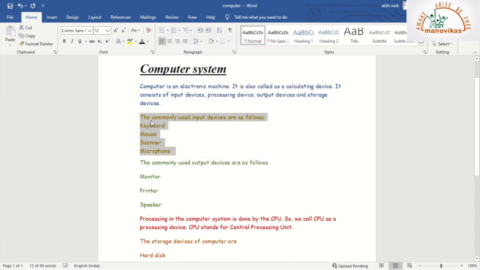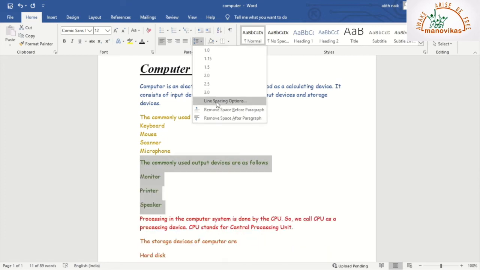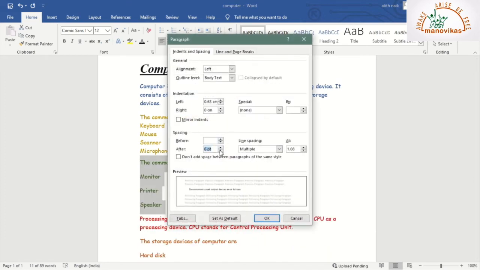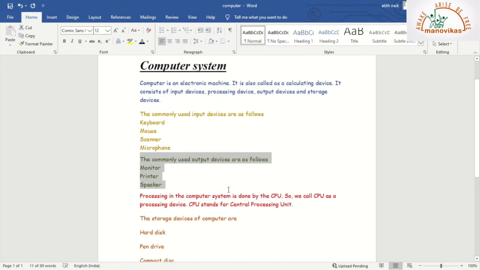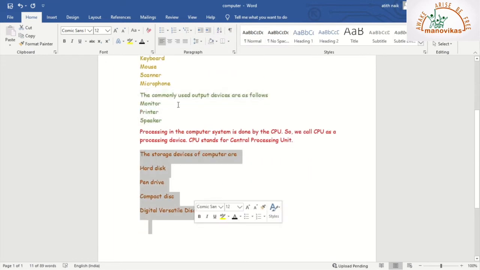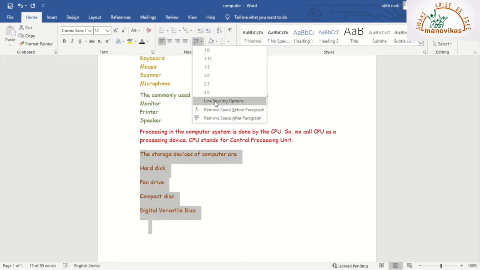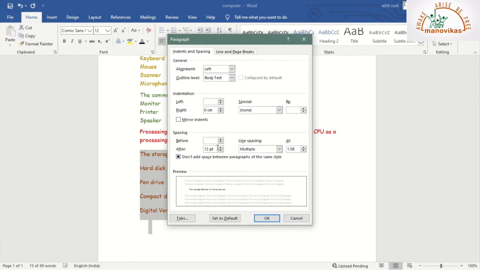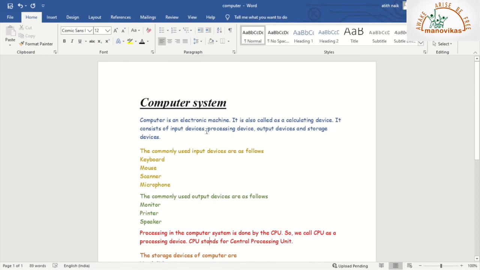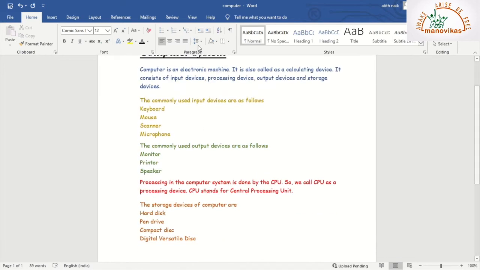So you see, children, the spacing between the lines has reduced. Similarly, we can do it for this also. Line and paragraph spacing, make it 0 times. Okay, so this was about line and paragraph spacing.